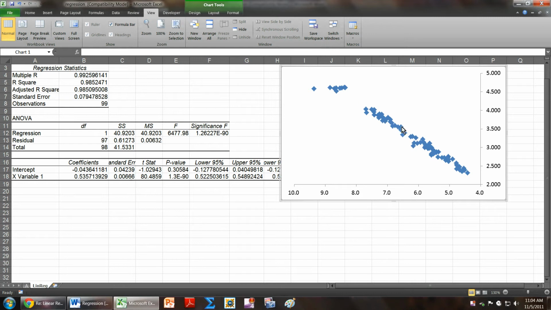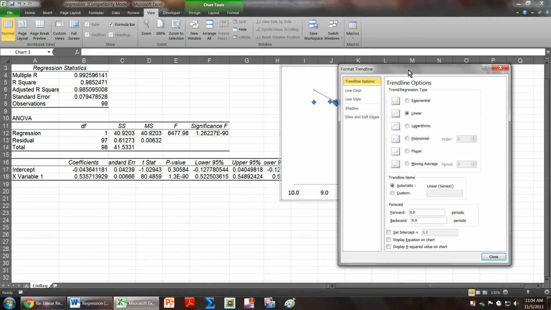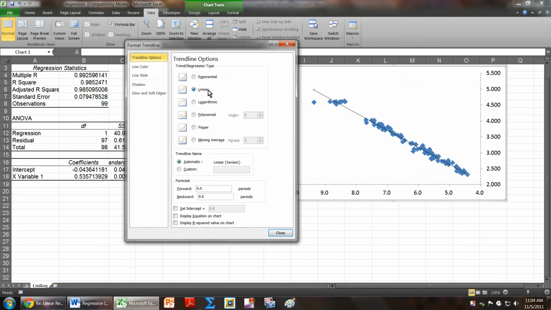Let's actually give this graph a trend line. So if I right click any of these data points and we get the pop-up window here, one of the options is add trend line. And the kind of trend line that we're going to add is a linear one. By default it usually chooses a linear one. And don't worry about these other parameters, but down here select Display Equation on Chart, display R squared